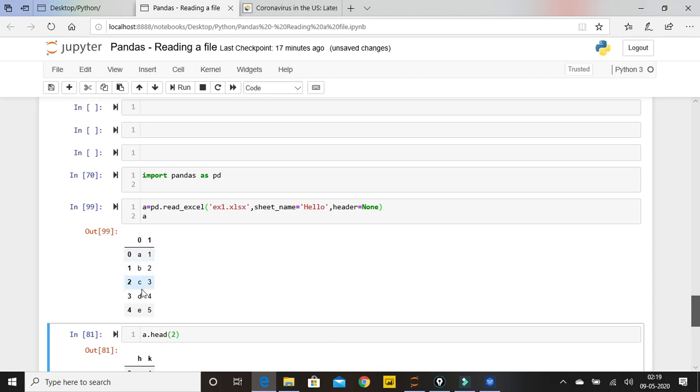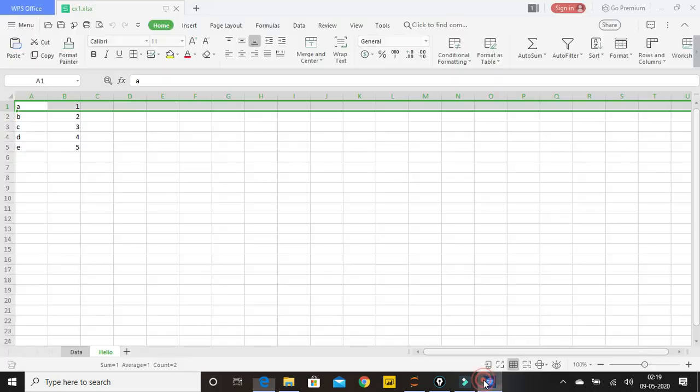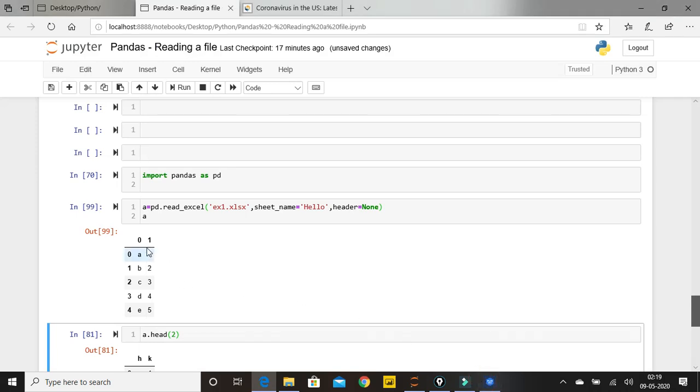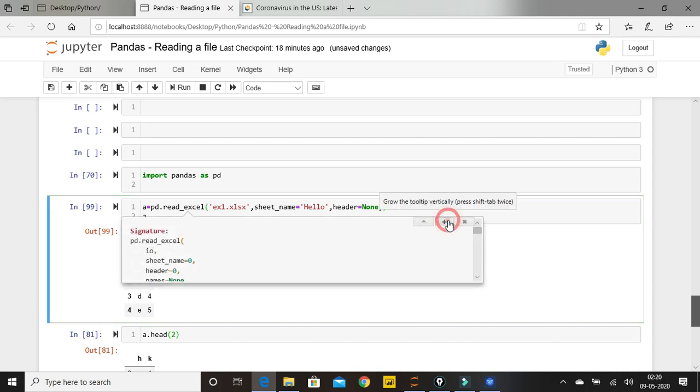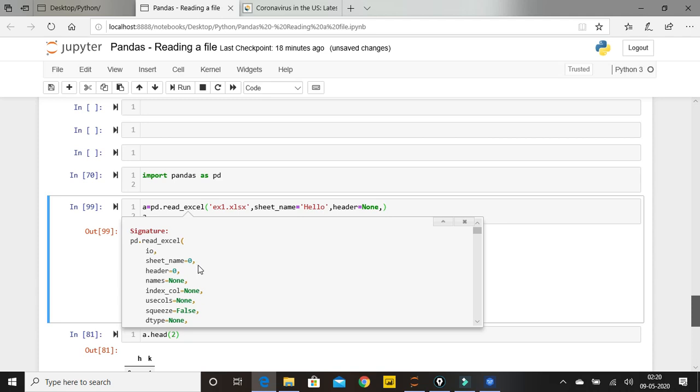So all the data that was in my raw Excel file is now in the read function's output. Now I need to give my column names. So let's check what we had for column names. You don't have to remember any of the parameters or functions; you will be able to find them easily over here. So header was 0. I have given header as None, so it won't take any header and it will give all the data.